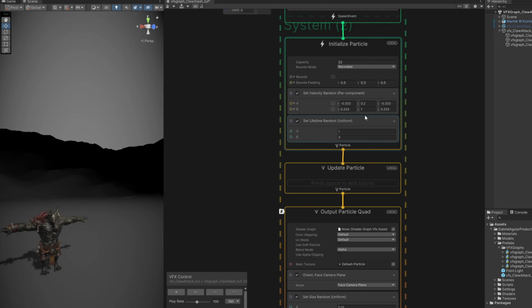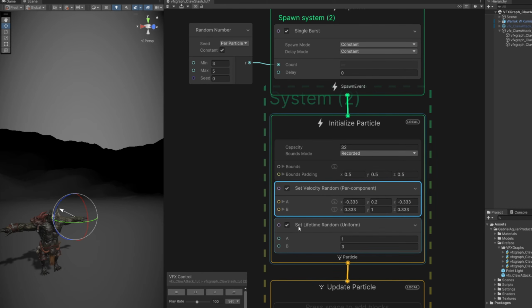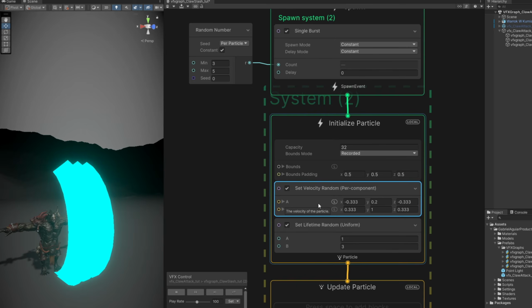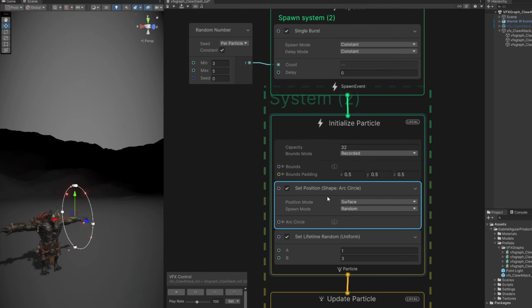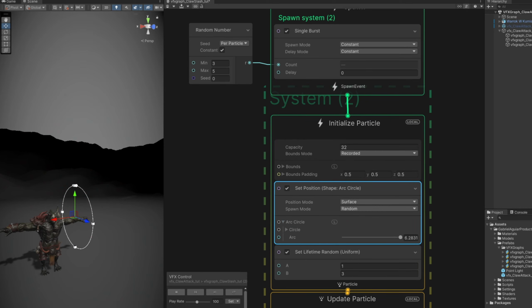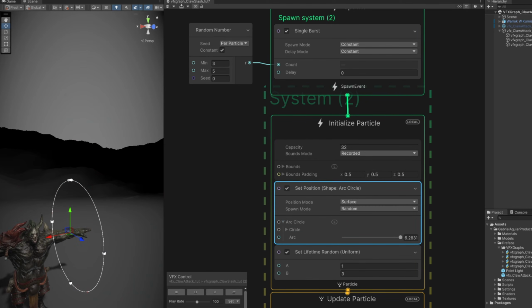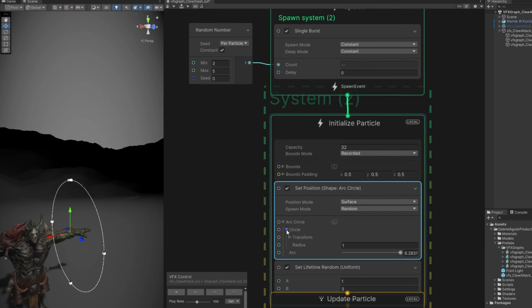So up here, the set velocity is not necessary, we can remove it. And since the claw is kinda circular, we can search for set position circle. They already are spawning in a circle. We don't need to spawn on the full circle. That's why we have this arc down here. We can decrease it to around